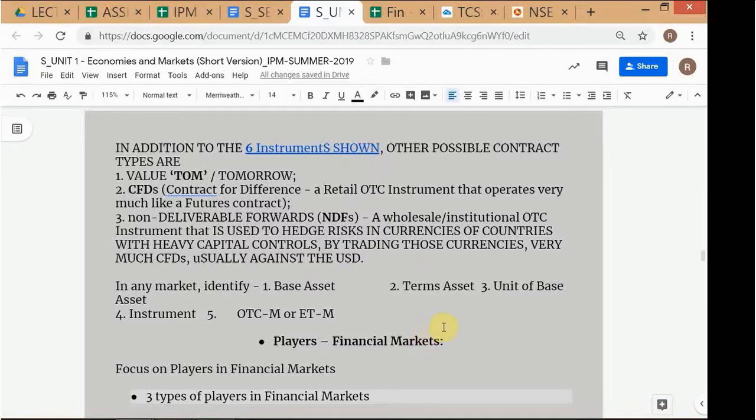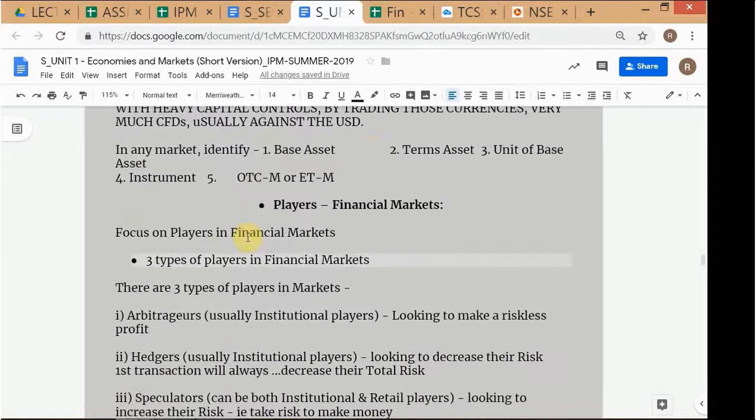So in any market at this point, what we want to do is identify the base asset, the terms asset, and the unit of the base asset, like whether gold is being traded and the price is being quoted per 10 grams, or the gold price is being quoted per troy ounce. So the unit is different from